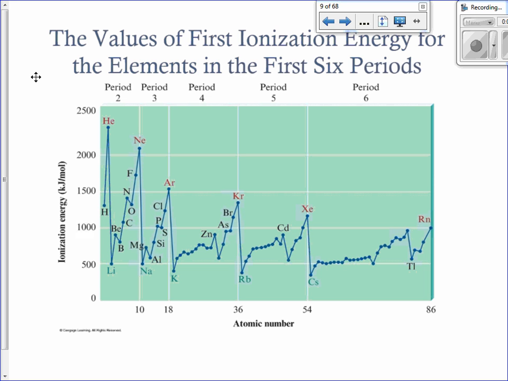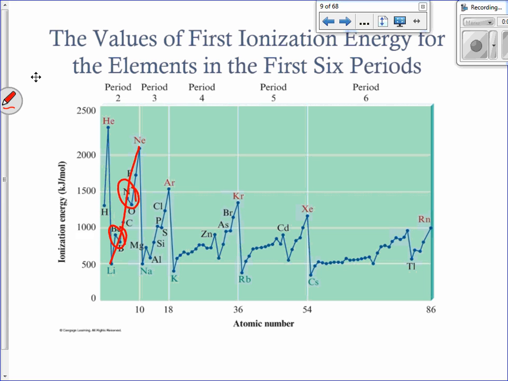our values of first ionization energies for the elements in the first 6 periods. If you look here, your next concept check is looking at, why is this not just a straight, nice line like that? What do you see there going on? There's a few little ones that dip and don't follow the trend exactly. Does everybody see that? So, we have to figure out, like, why is nitrogen's ionization energy slightly higher than oxygen's? If we're following the trend exactly, oxygen should be higher, right? We're going to talk about those exceptions here.